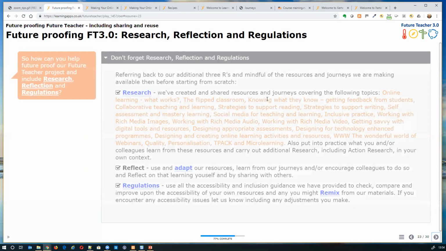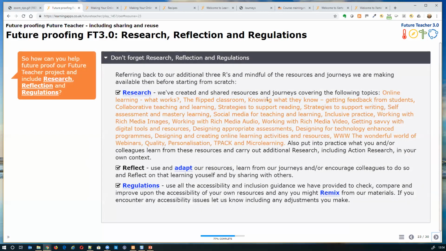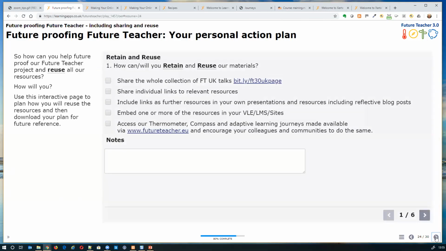And we wanted also to remind you about the research, reflection and regulations that Alistair explained that we've added to the 5 R's. And again, there's some information there you can read in your own time, but it's really a reminder to use the research, to reflect on what you're doing and to be mindful of the regulations and to use all the guidance that we've provided throughout all of these talks in terms of accessibility and how to achieve the widest possible accessibility. And we have a personal action plan which repeats the things that were on those previous screens,